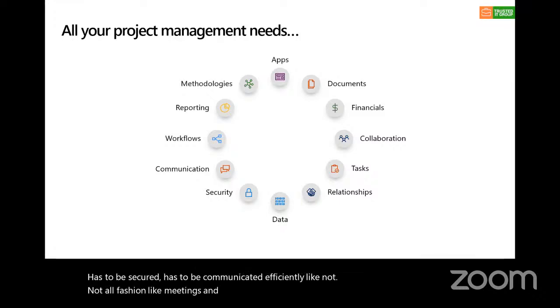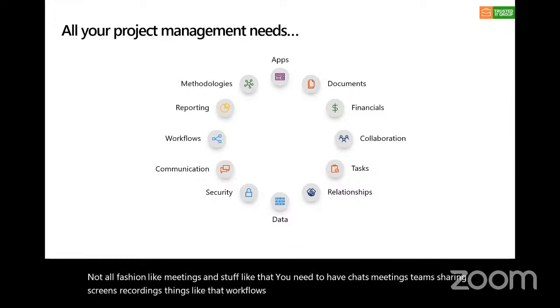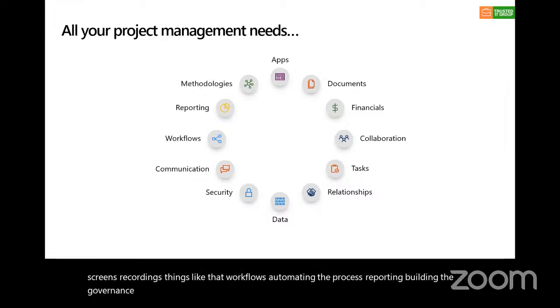We need to have chats, meetings, teams, sharing screens, recordings, things like that. Workflows, automating the process, reporting, building the governance, and having a methodology within our project life cycles. So all of this is part of the Microsoft,